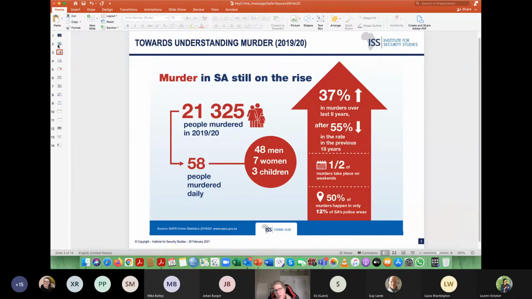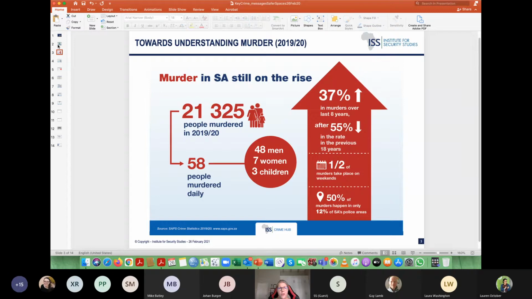So just to look at our murder for 2019-2020, the last time we had a full year, we've seen about, and I know it's a seriously crude indicator, about 59 murders per day on average. If we crudely put this into a gender or sex category, we'll see 48 men, 7 women, and 3 children on average a day. Of course,